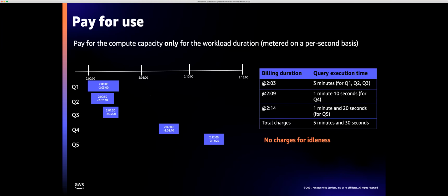Here's an example, really, of you paying for compute only for the duration you're using it. If you look at queries 1, 2, and 3, the one point to make here is they are running in an overlapping fashion. Query 1 is executing, and query 2 and query 3 are running on that same serverless compute. As a result, what you're paying for is this duration, not each of these queries, which can be advantageous when you're running concurrent queries.